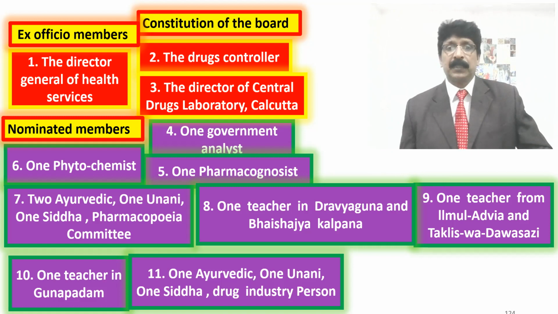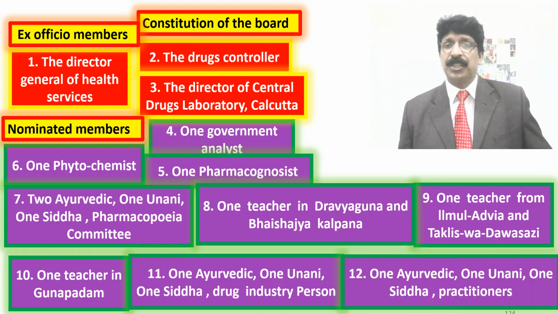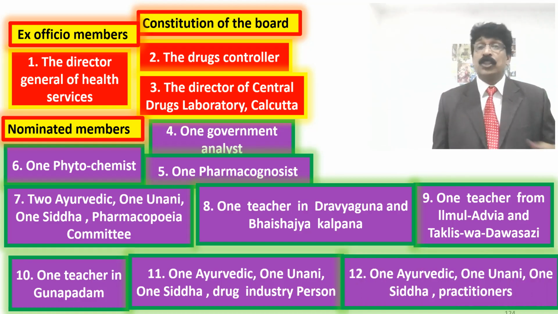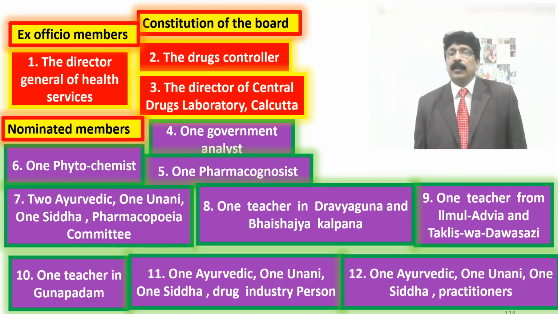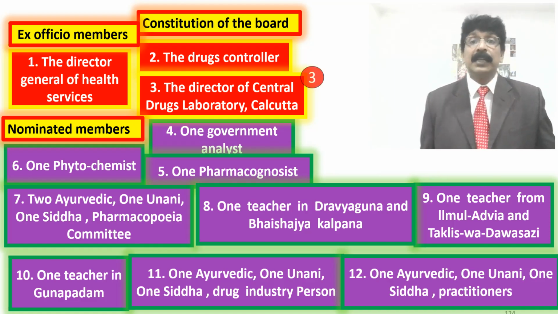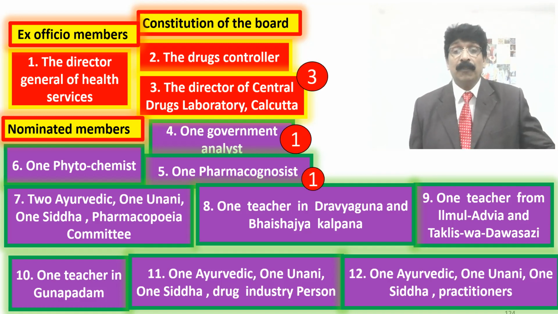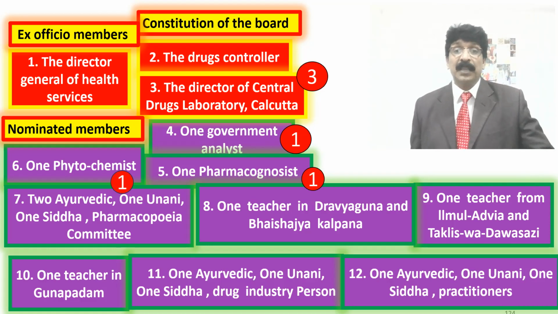Industrial person, 3. One each have been a member that is nominated by central government. And 1 Ayurveda, 1 Unani and 1 Siddha practitioner who is a clinical practitioner practicing the systems. Ayurveda 1 person, Unani 1 person, Siddha 1 person. So totally you can see how many persons? 3 ex officio members as we seen there, and 1 government analyst, 1 pharmacognosist, 1 phytochemist, and you can see